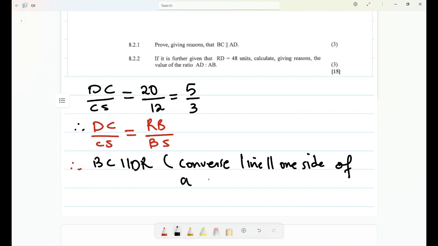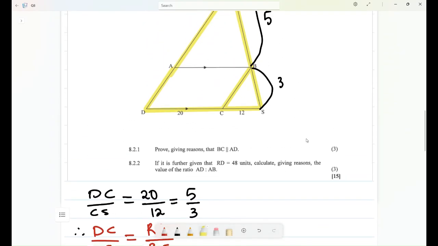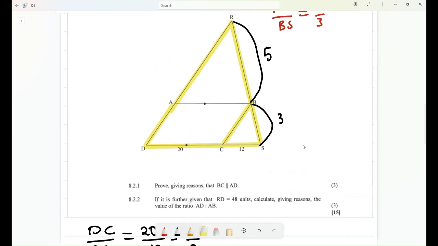Of a triangle. Or you can say the sides are in the same proportion. But now we are required to prove that BC is parallel to AD. Remember, I said the gradient for DR and AD is the same. You can also come here and do it, but what's important here is the reasoning either way. Now that we know these two lines are parallel, we might just need to add that